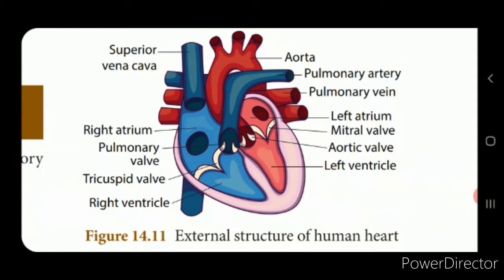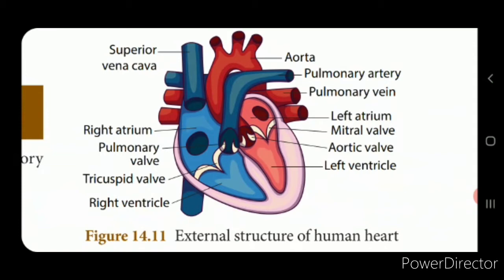And when you see the atrium, so these are the upper thin walled chambers, and when you see the lower chambers, that is called as the ventricle, this will be thick walled chambers, and these chambers are separated by a septum. Septum is the thin membrane that separate the chambers, right? Now the septum between the auricle and the ventricle prevents the mixing of the oxygenated blood and the deoxygenated blood. Now if you see the septum that separates the 2 auricles, that is called as the interauricular septum, and the septum that separates the 2 ventricles are called as the interventricular septum.